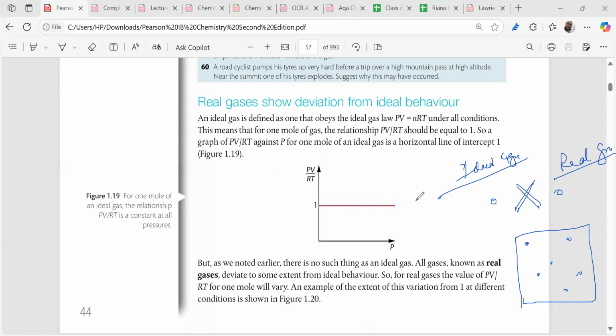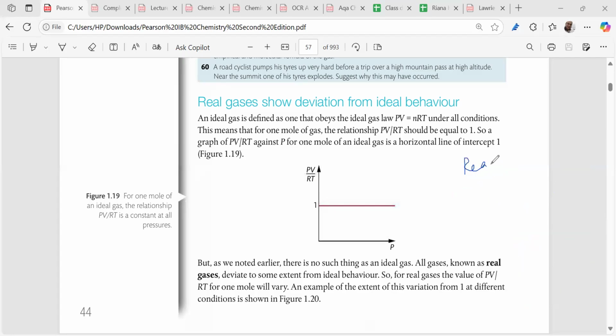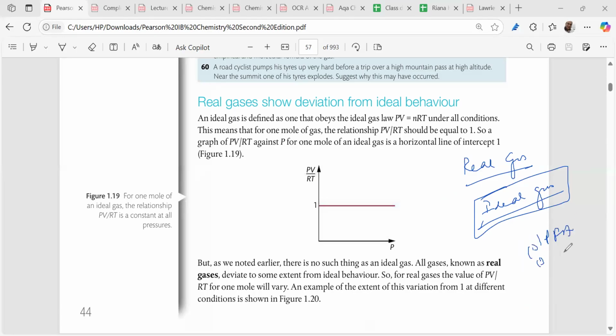Now we have to understand whether a real gas can behave like an ideal gas, and under what conditions. What is an ideal gas? Ideal gases have no interparticular force of attraction, and the volume of the particles is negligible in comparison to the total volume of the gas. But real gases are not like that. They have interparticular force of attraction and some volume contribution. So under which conditions of pressure and temperature can a real gas behave as an ideal gas?